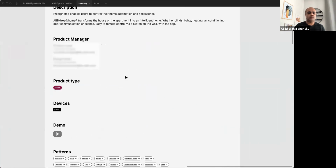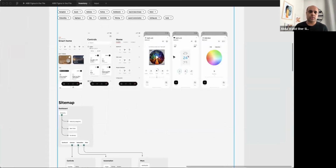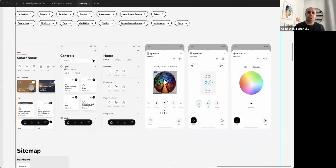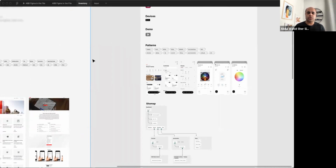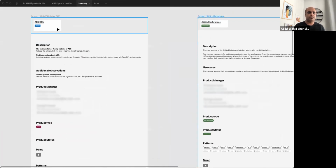In this case, this is a mobile product. And again, just a few screenshots. What are the patterns we're using there? And you can even click on any pattern and go back to the pattern page and then pick any other product and understand what's going on there. Here's another product. So yeah, the idea is to have